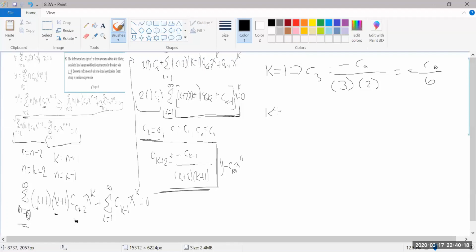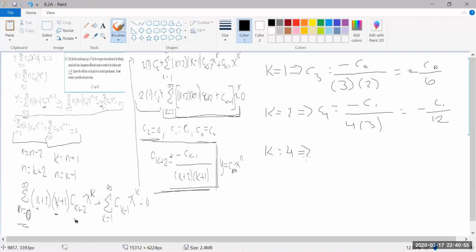Okay, so for k equals 2, you'll get C4. And for C sub 4, so k equals 2, meaning you'll get a negative C1, and then over a 4 and a 3. So this time you're going to get a negative C1 over 12. Okay, and then for k equals 4, you'll get,